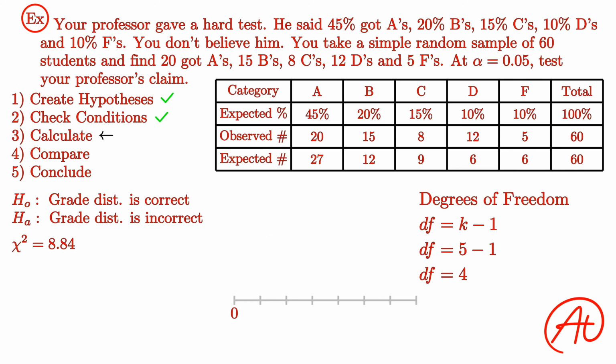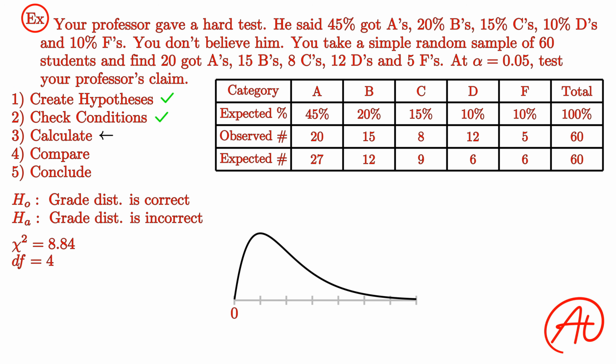which causes our chi-square distribution to look like this. Now, when we calculated the chi-square statistic for our problem, we found that to be 8.84, which is about here in the distribution. As a reminder, the test statistic is a measure of how far our sample data is from the assumed population values. To find the probability of getting this sample data if our assumed values are actually correct, we need to find the p-value like we always do by finding the area in the distribution from this test